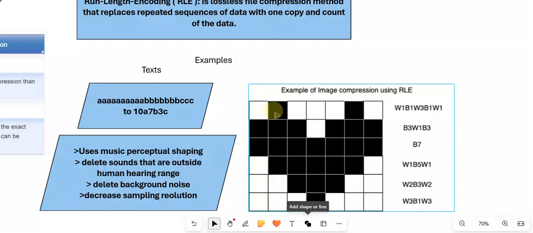Now instead of storing all the shades for this, we are only encoding this and replacing the data with one copy and the count of that data. For example, here it is W3. So the copy of data is W and the count of the data is 3, so it becomes W3. For example, here B7. B is the one copy of the repeated data, and 7 is the